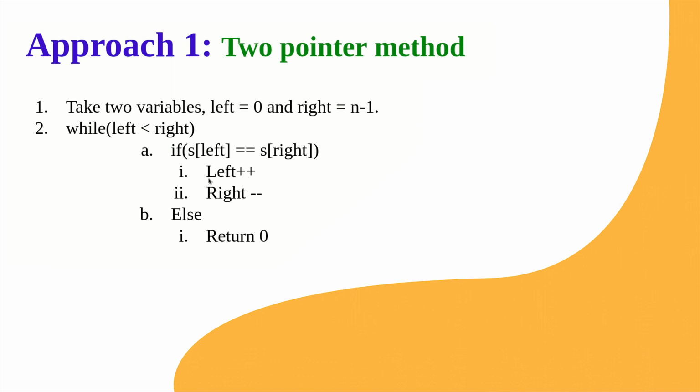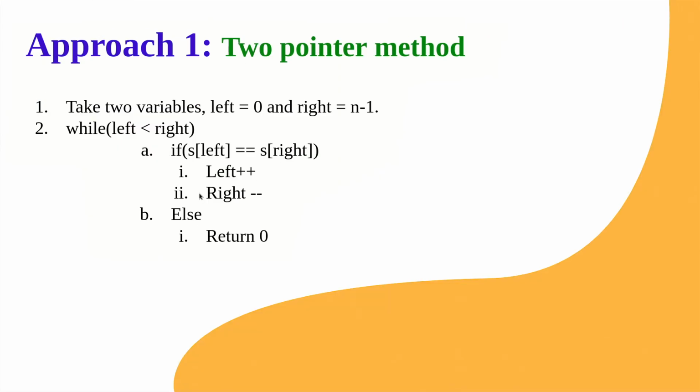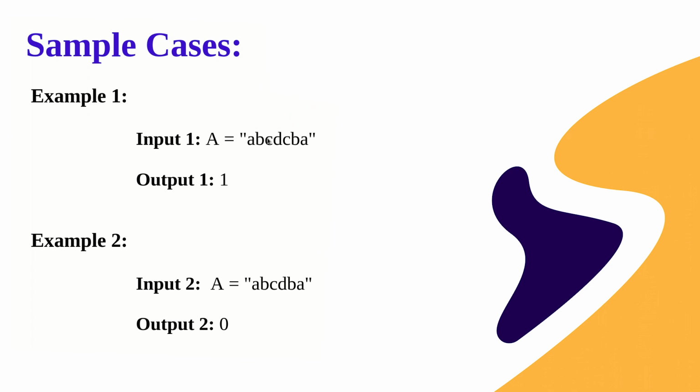So what do we mean by update? Update is different for different variables. So for left, which is initialized as 0, we need to move to the next character. For this character, we move to the next character. So how do we do that? We just update it by incrementing. Okay, so as you can see, left plus plus. Left plus plus refers to moving to the right direction because we have already evaluated this character.